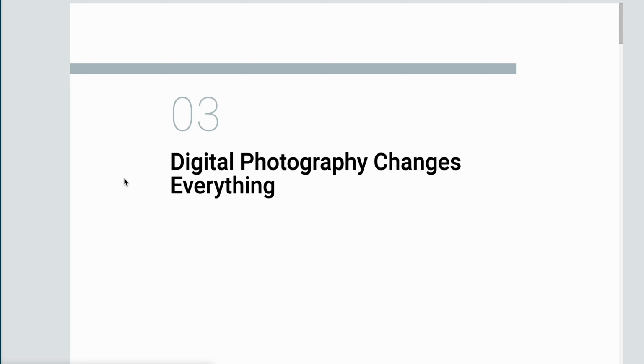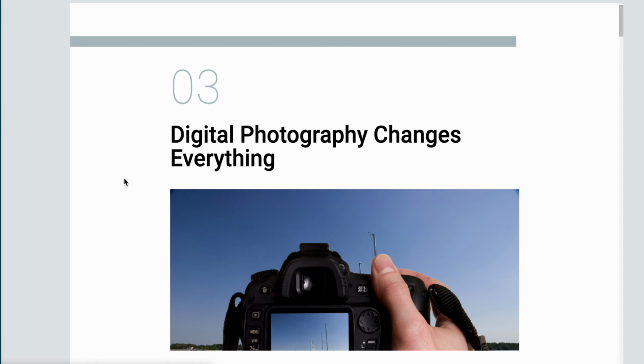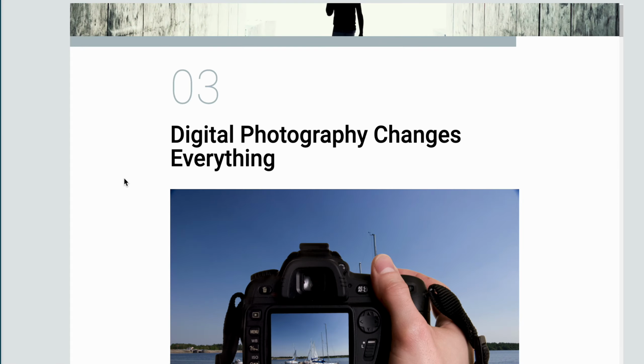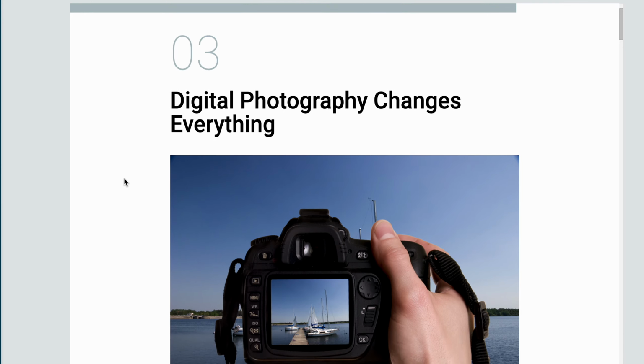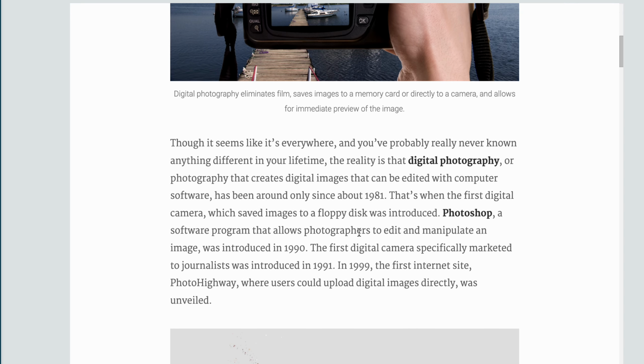We go to lesson 3. Lesson 3 in Unit 5 is about digital photography changes everything. And when we speak about digital photography, also we refer to technology, we refer to new advances and how they changed everything. Because of Photoshop now, which is a software program that allows photographers to edit and manipulate an image, this idea of photography or photojournalism was discussed and promoted and needed ethics to govern.